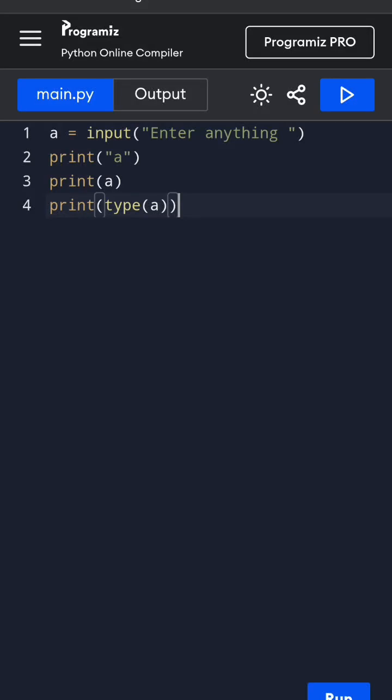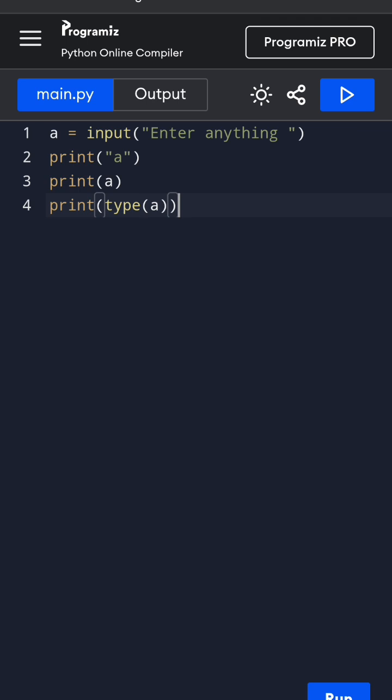Hello guys, till now we have learned how to use the print function. We have learned how to initialize variables. We have learned that in Python the variable's data type is decided when you put a value in it. We have also learned that the value of any variable can be updated, and it can be updated to any